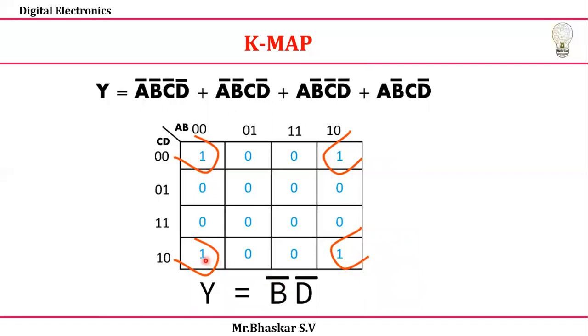When we come to here also, same thing. Next, looking for these two, the C and D terms. Here the common term, 0 and 1 is changing, and D is the same, right? So D is the same, so I can take D, and here 0, 0 of D is nothing but D bar. Directly I can take Y is equal to B bar and D bar. So this way I'm going to represent my K map.